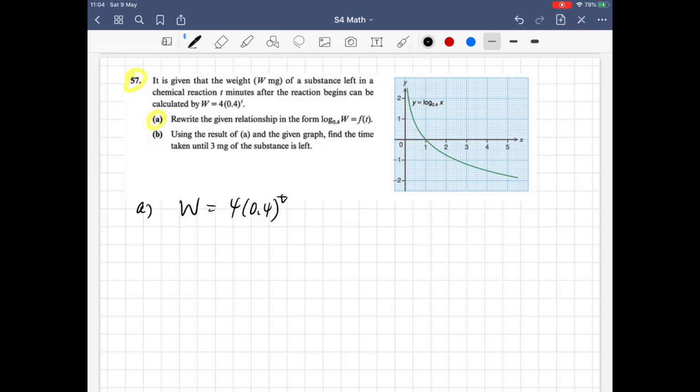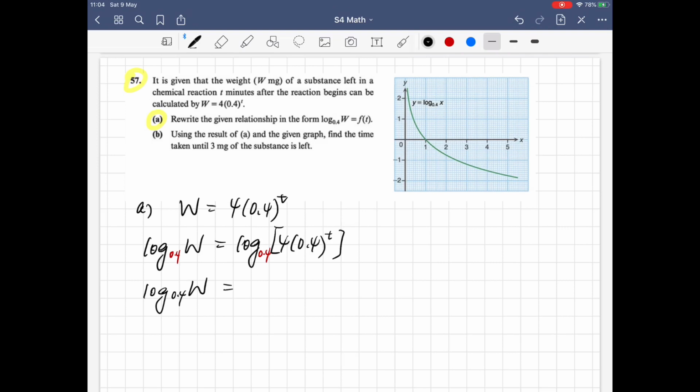So our first step, we will take log on both sides. But be careful, we are taking log using the base 0.4. So for the left hand side we just keep it,